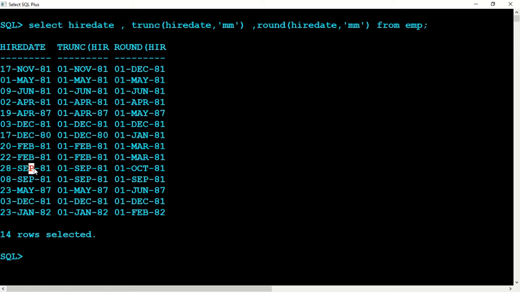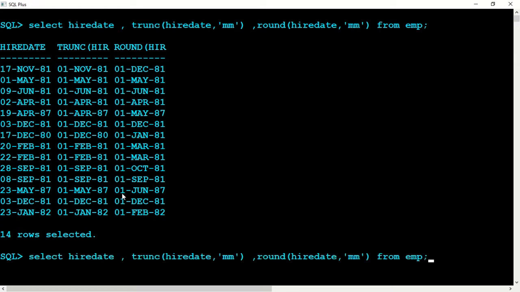September, this is 28, which is greater than 15, so September will become October, and the date will become 1st October. So all will be first only. But if it is greater than 15, it will go to the next month, and if it is less than 15, it will be the same month. The day will be the first day of that particular month. Correct? So that is called round.